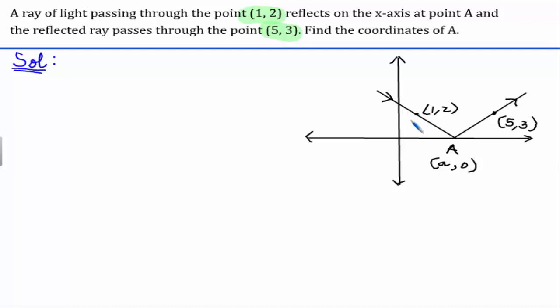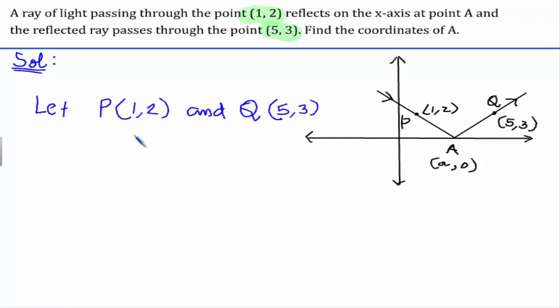Let us assume this as P and this as Q, and this point A is (a, 0). Now the two given points are assumed as P is (1, 2) and Q is (5, 3), and the point A on the x-axis is assumed as (a, 0). Now it says that the line passing through (1, 2) is reflected on the x-axis, and we will have